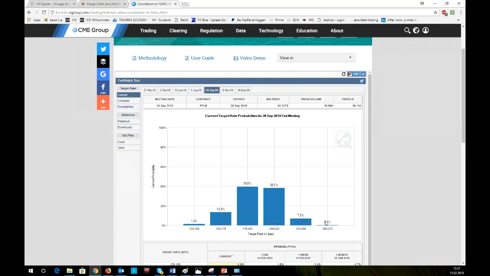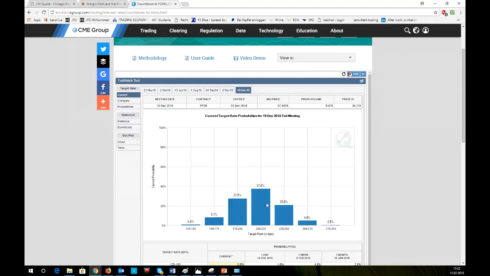And as you can see here, the probability that we get to see such a third hike in September is already 45%. And if you do the same thing here for December again, you can also see that even though it's only 25%, there is nevertheless 1/4 out there, market participants expecting the Fed to hike rates 4 times in 2018. So now, if the inflation data comes in above expectation, while retail sales disappoint, this is the backbone of the US economy,